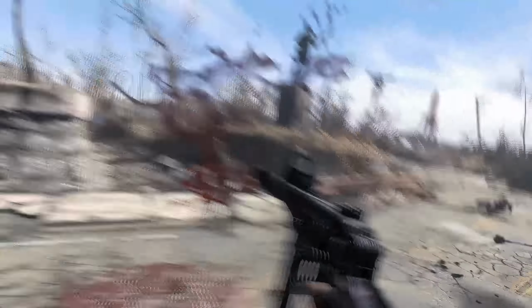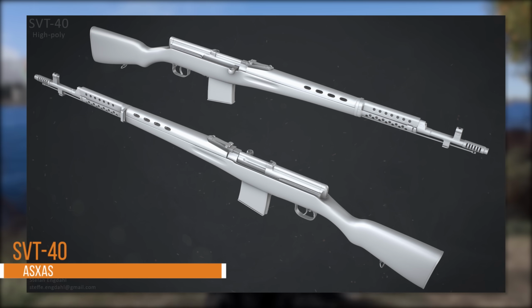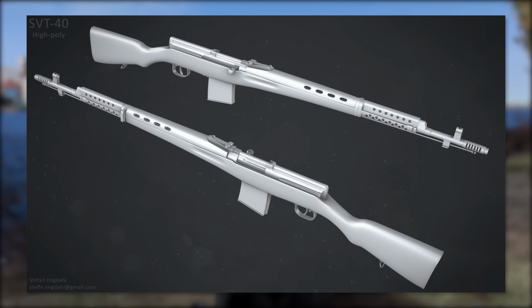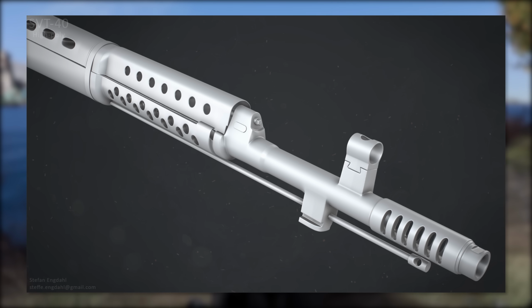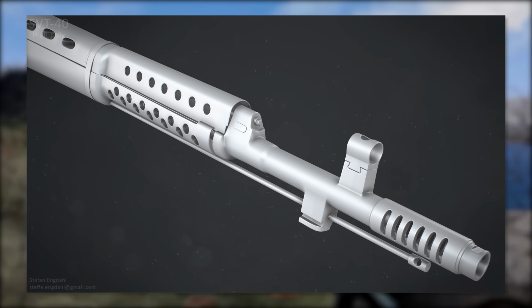So the first mod I am going to be showing you is the SVT40. This is going to be a new mod by Axis. He has brought us a number of really high quality mods in the past, that being the Crude Blowback, the Handmade Revolver, a Sledgehammer mod, and of course the M1 Garand, which ended up being one of his biggest releases so far. Well, now it seems like he is going to continue the World War II trend and move on